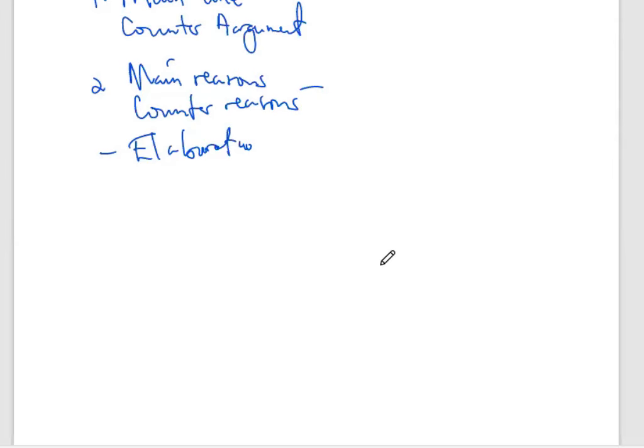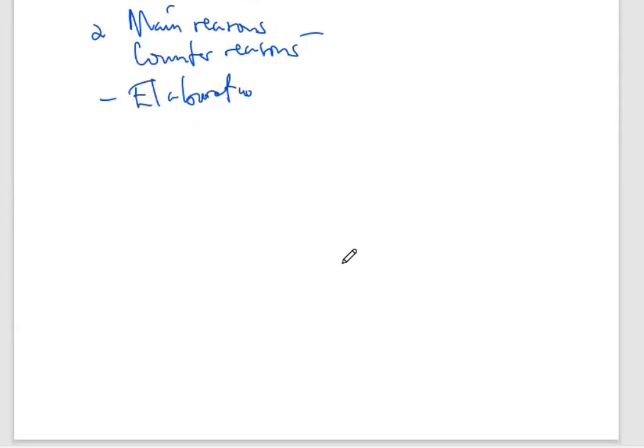Then you also highlight some positives of what he did, and you try to link to the counter argument, that despite there being much of the negative side, there must also be some positives in the discussion. And then you tie back, you link back to your question or to your line of argument, and you conclude your argument. That becomes a full and detailed discussion for that particular question.